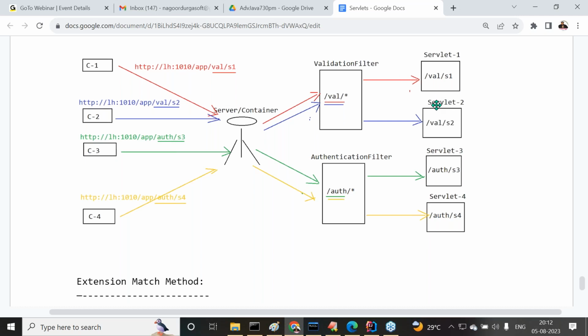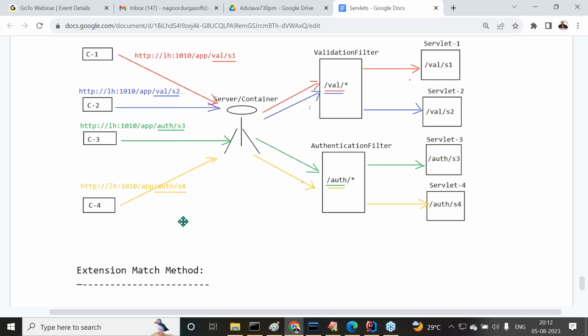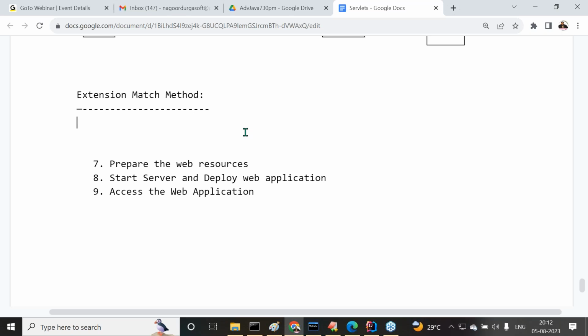In this example, all of you observe carefully. The URL pattern which we define for filters is in which mechanism? Directory match method. But URL patterns defined for servlets are in which mechanism? Exact match method. So the URL pattern we define for servlets is the exact match method, and the URL pattern we define for filters is the directory match method. Understand it clearly. Okay, now it is completed. Next one is the